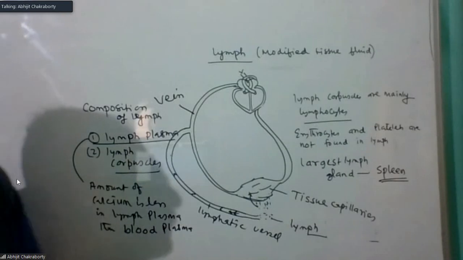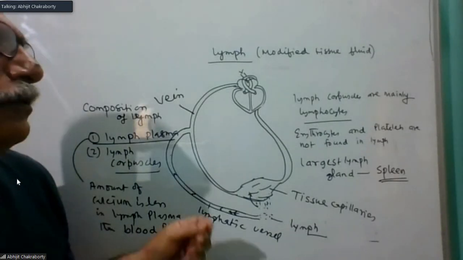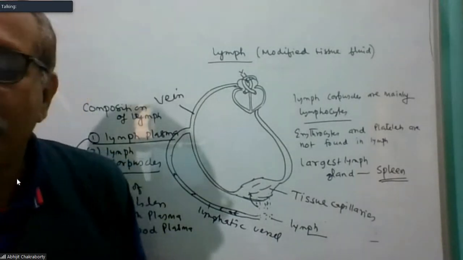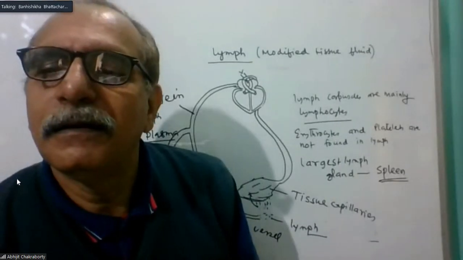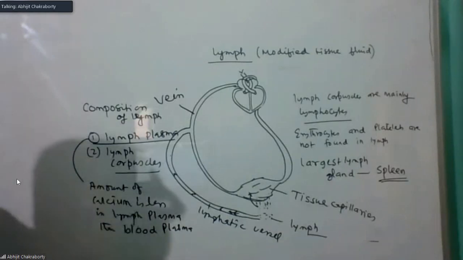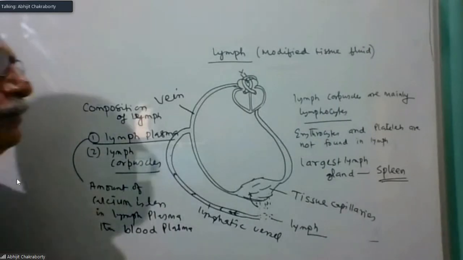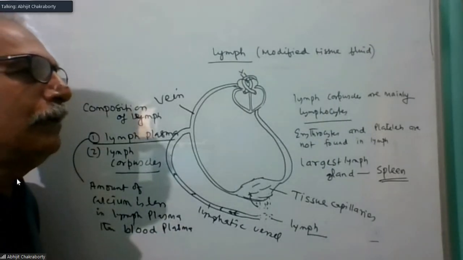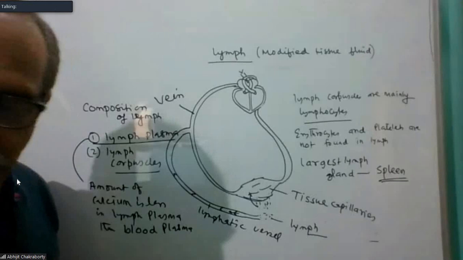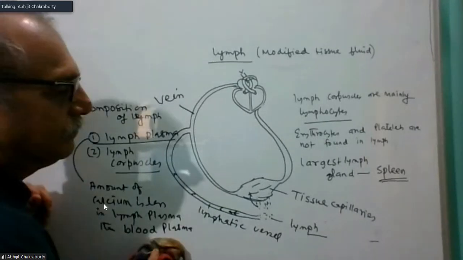Now regarding the pigments, it is very simple, you can go through it very simply, so that in the next class I can start the muscle. Okay. So for the functions: accessory medium of transport, helps in destroying invading microorganisms, and helps to maintain the volume of the blood. So this is all for today. In my next class,